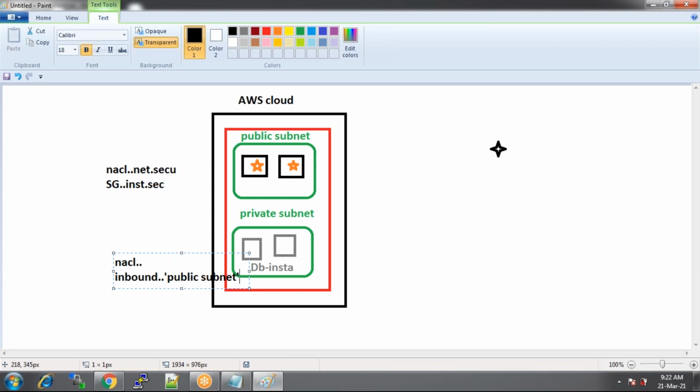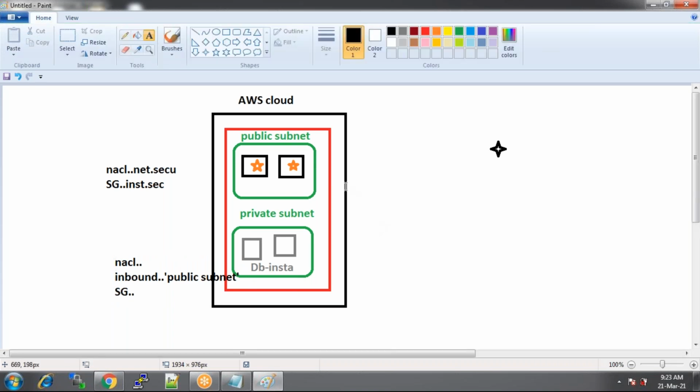Understand? As usual, if you want to provide security at the security group level, we can set up security group inbound rules. So this is one type of VPC. In this VPC we have two subnets, public and private. But VPCs can be set up differently: apart from public and private subnets, our VPC can have only a private subnet. That is also possible. Let me show you.